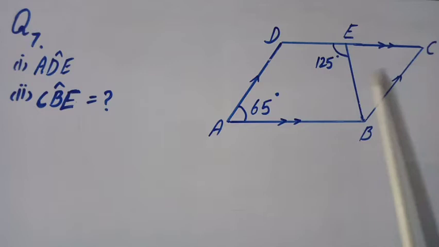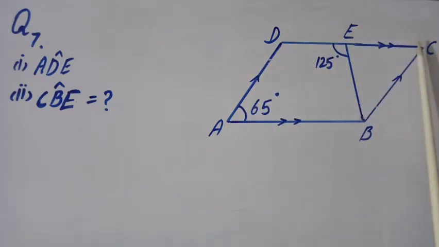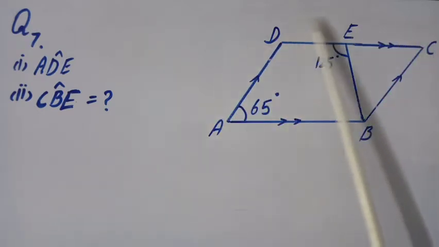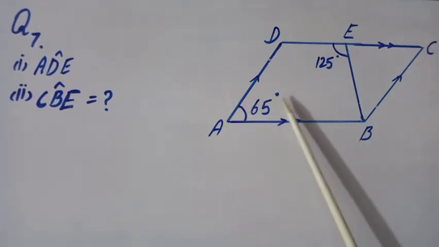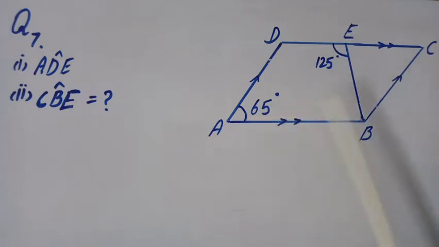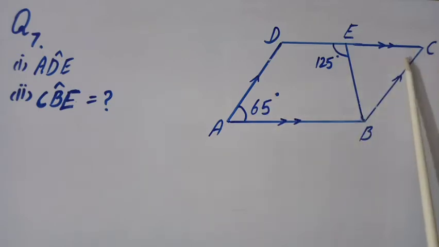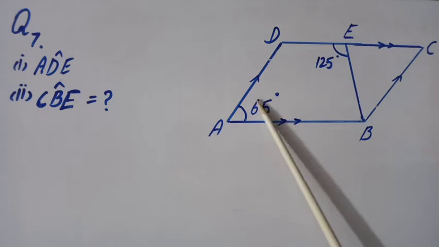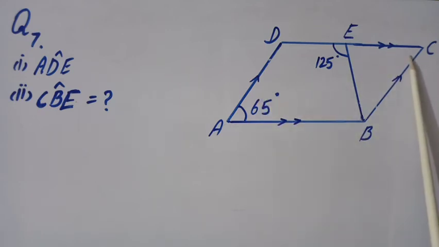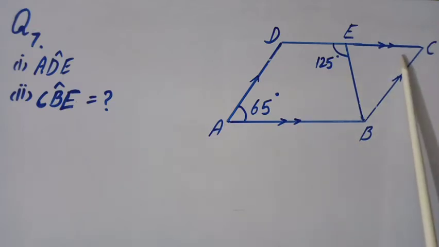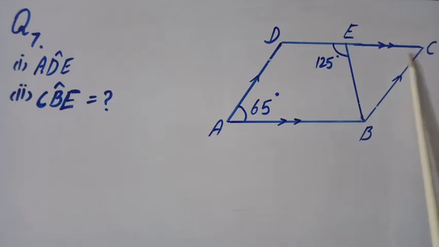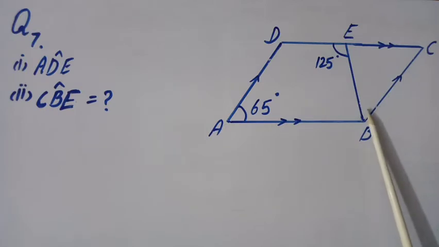If we consider this whole figure as a parallelogram, yes, this is the parallelogram, don't you think that these two angles have a special relationship with one another? Are these equal to one another? Yes, because the opposite angles in the parallelogram are equal in measurement. So this is also 65 degree. So this is known now. Now just one unknown we have.